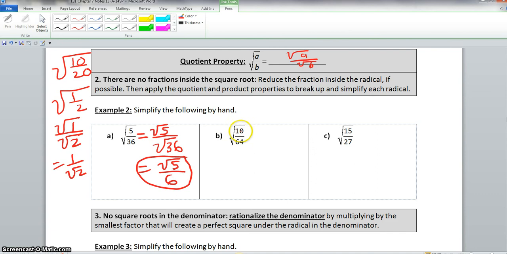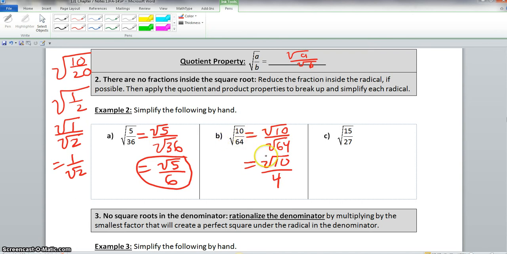Now we come here. We have the square root of 10 over 64. We could simplify this. 10 and 64, we could, actually 64 is a perfect square. So before we simplify this, let's do this here. We have the square root of 10 all over the square root of 64. Now, we will have the square root of 10 all over 8. Now, whenever you have a perfect square in your denominator, you need to go ahead and take the square root of it,